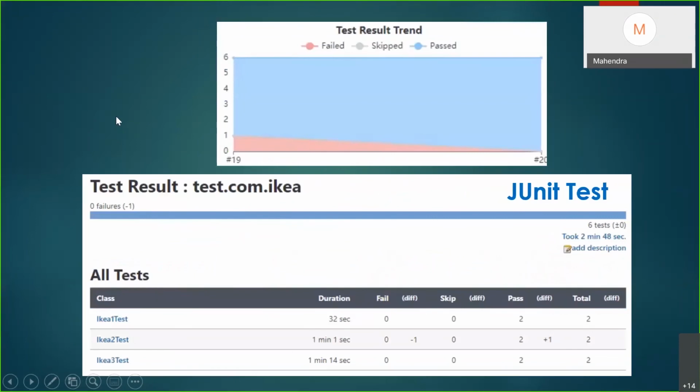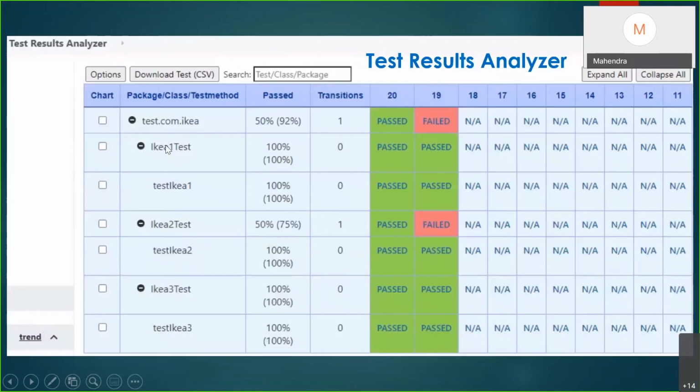And this is a JUnit test result, which is showing 100%, and it shows we got 3 scenarios, how much time it took to run the scenarios, and it's showing the result in a graphical representation. And this view also uses a plugin, the test analyzer. It can show you how many tests you ran, and any step you fail, it will show in red as a fail. So in a couple of the tests we got a partial failure, which is showing here.